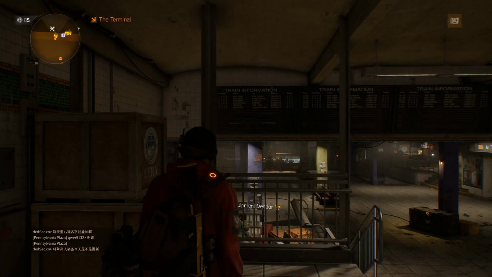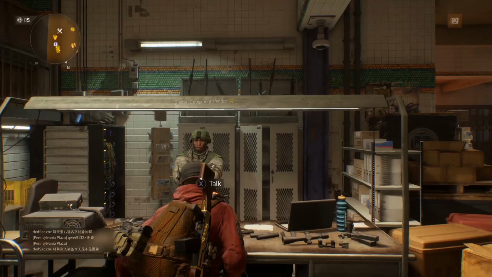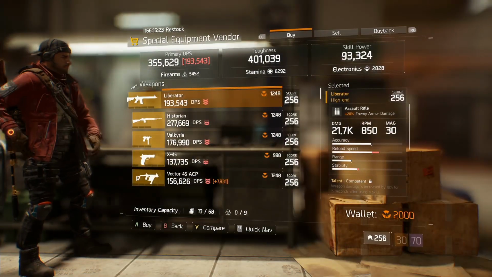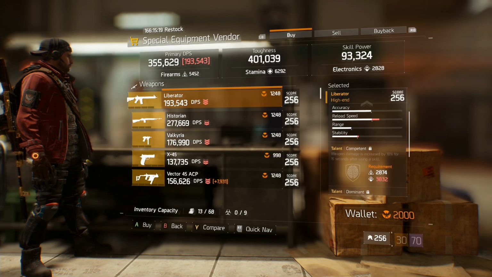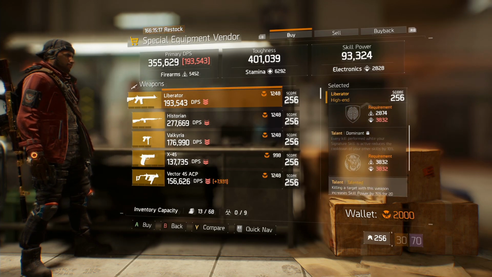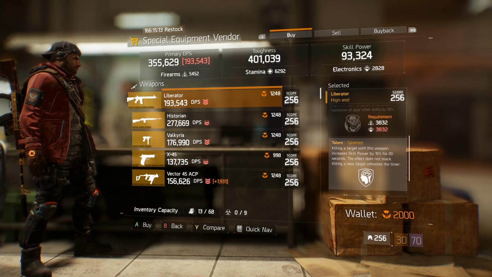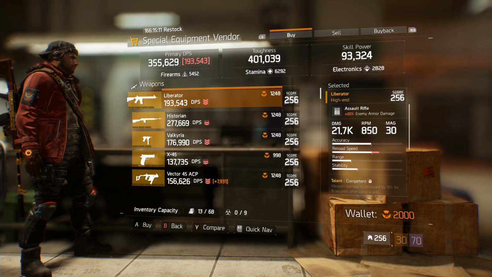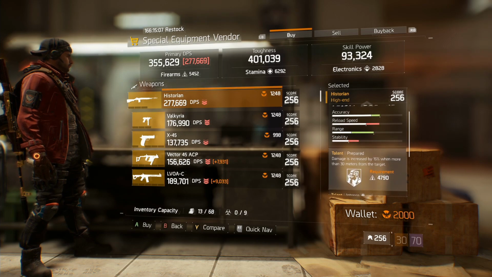Alright guys, to start things off down in the terminal, we're going to stop over at the special equipment vendor, where you're going to be able to find a bunch of the named exotic weapons from Update 1.6. Buy them now in Update 1.5. We're going to start with the Liberator, 20% enemy armor damage, 21.7 base damage with Competent, Dominant, and Talented. This is definitely going to be one of the most sought after exotic assault rifles you can have in the